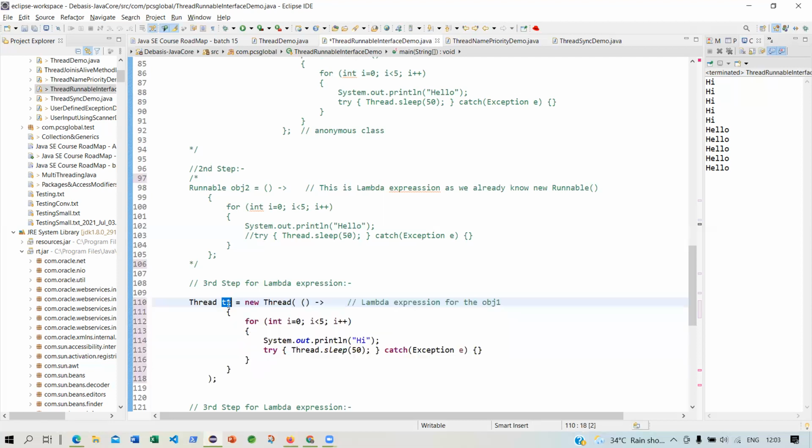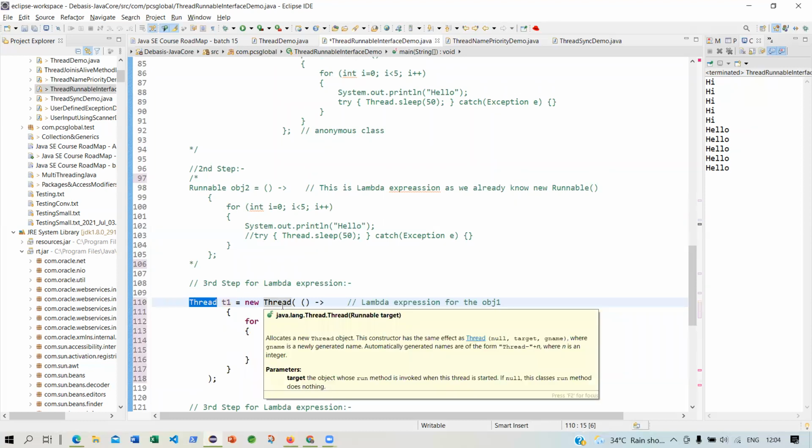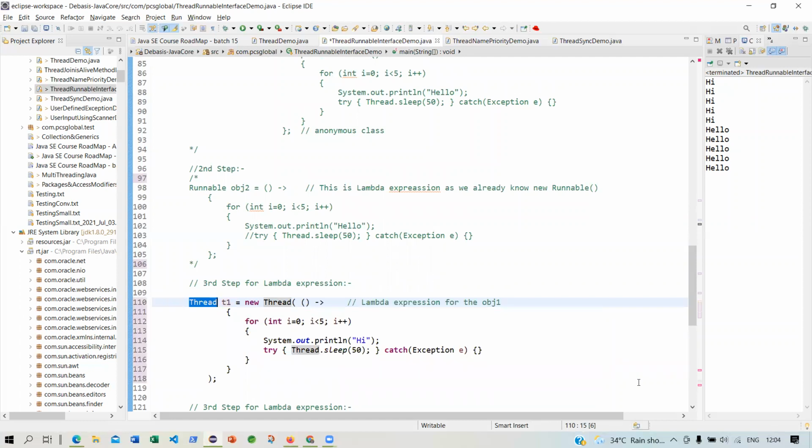Instead of obj1, I'm saying Thread 1. I'm directly using Thread. And within that Thread, because Thread also implements Runnable, I say lambda expression for the object 1. So T1 represents object 1. I can give any name to any object. So I say this new Thread